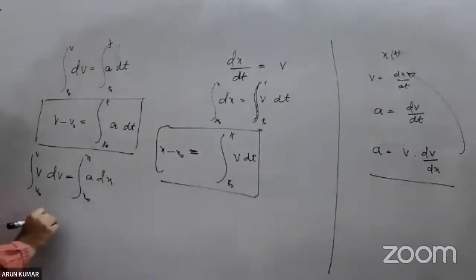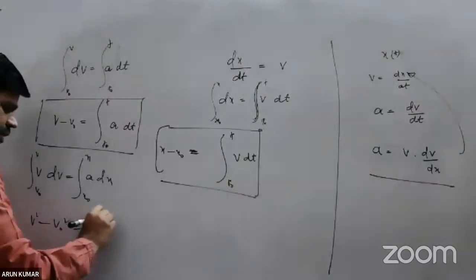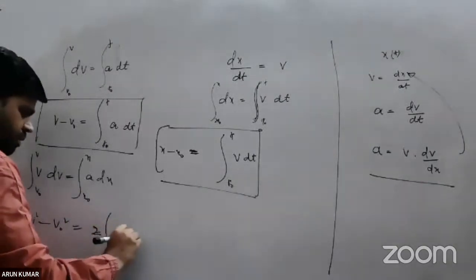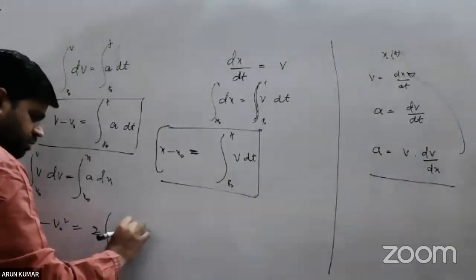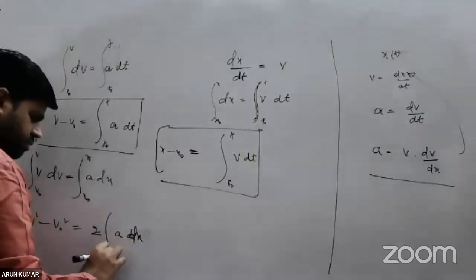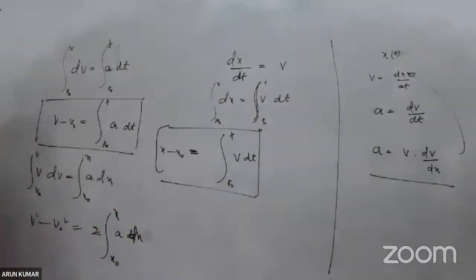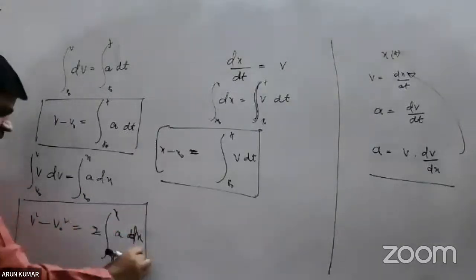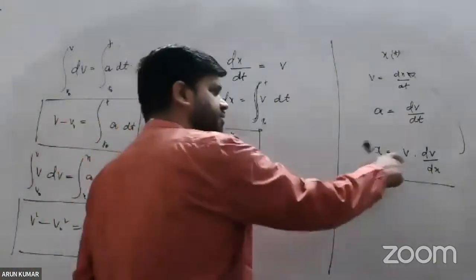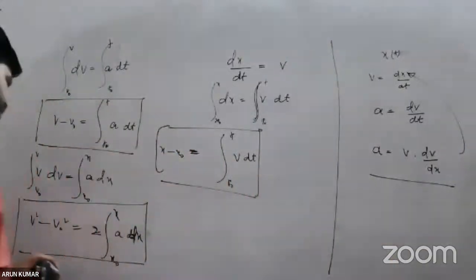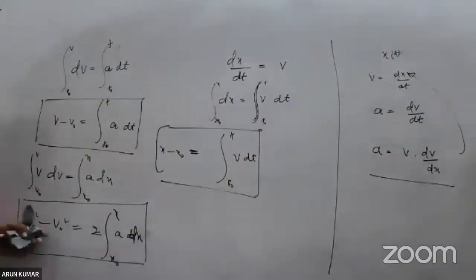So I'll get v square minus v naught square is equal to 2 integral a dx from x naught to x. If a is given as a function of x, then I can get v like this. If v is given as a function of x, I'll get a as v dv by dx. But if a is given as a function of x, I'll get v square minus u square as